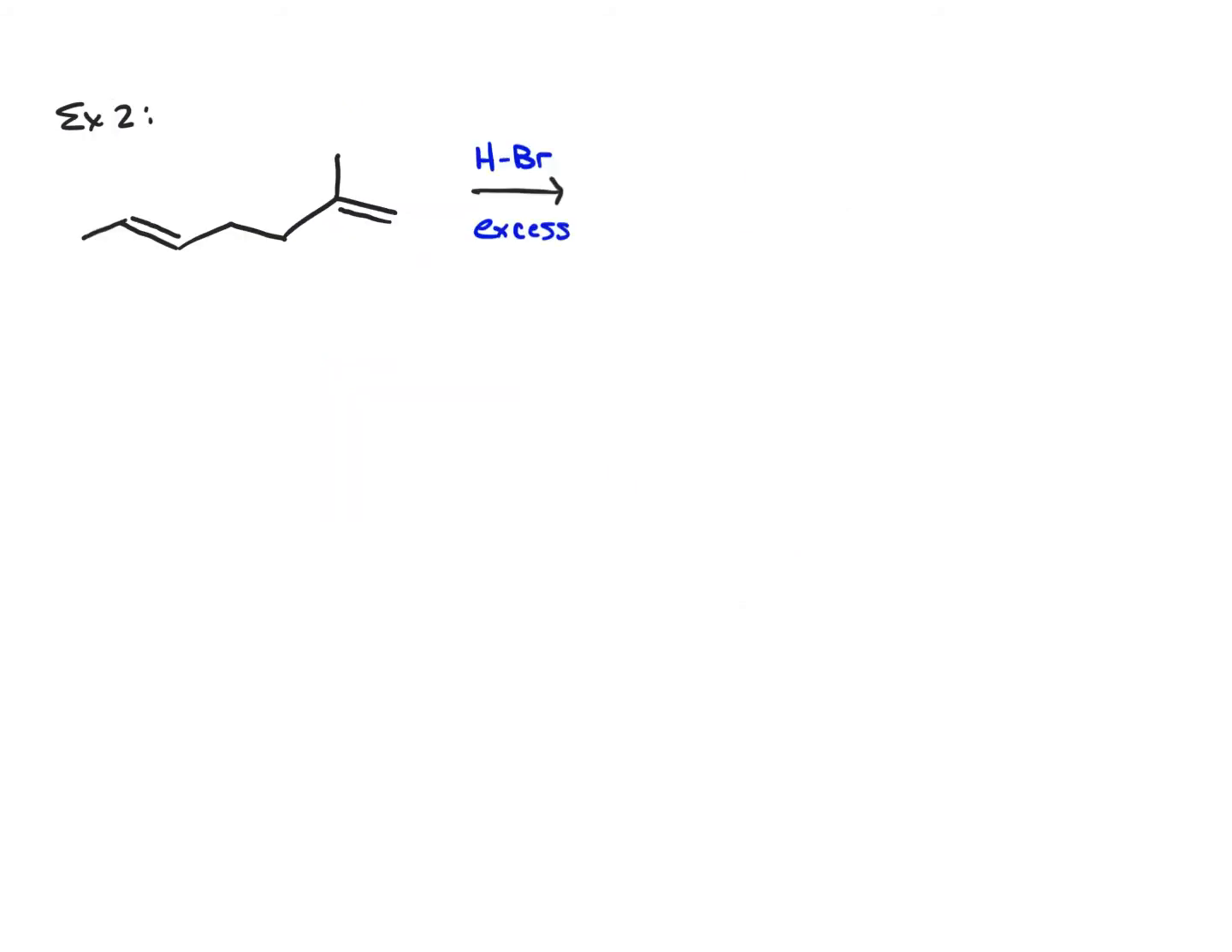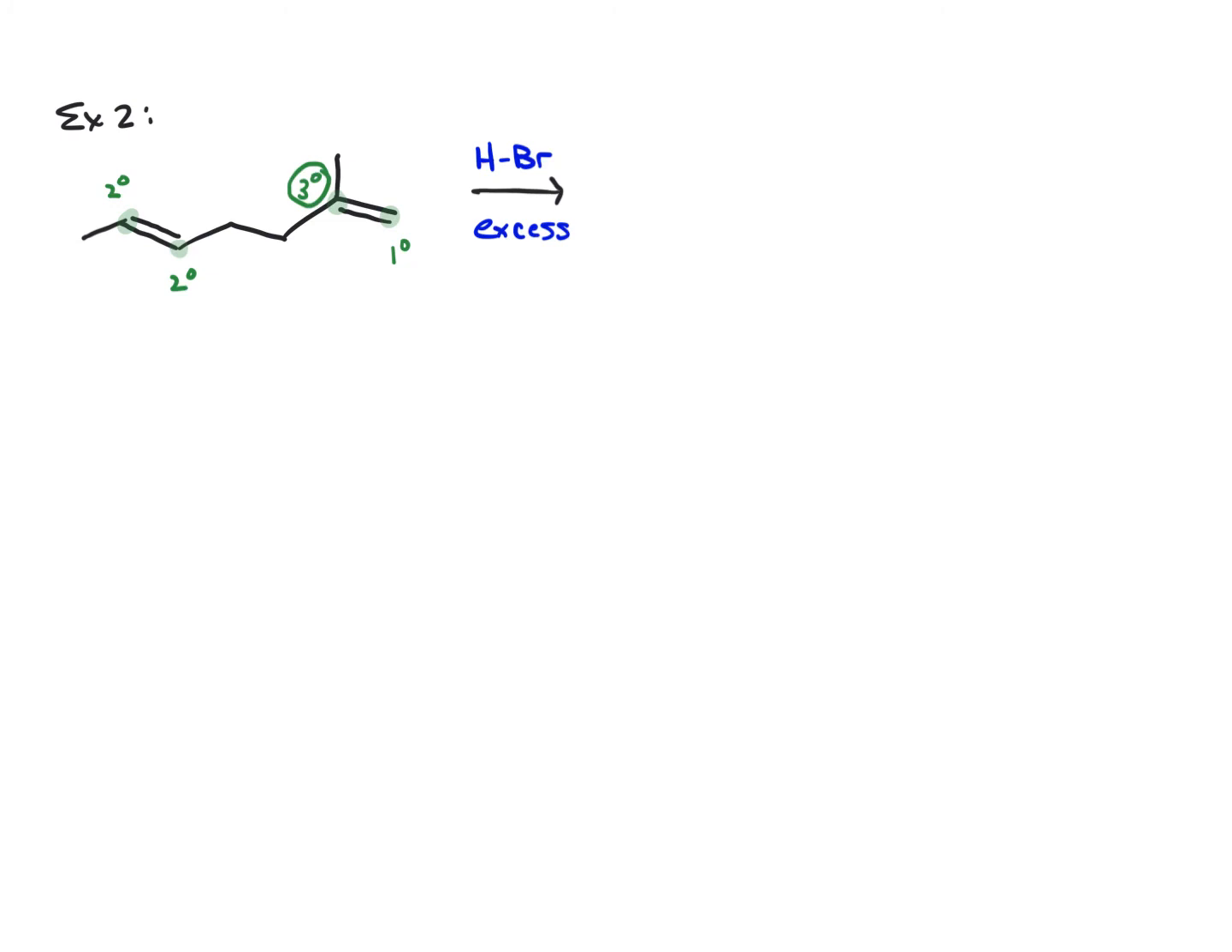Now let's look at this example where we're using an excess of HBr. Like before, the first thing you want to do is analyze all of the carbons that are part of the alkenes and figure out what carbocation you could form. We could form a primary carbocation here, a tertiary here, secondary, and secondary. So our preferential reaction is going to take place at this carbon where we'll get the tertiary